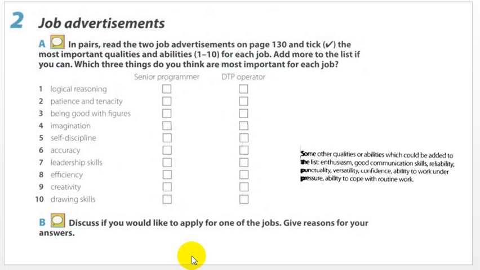Okay. Look at page 130, and apply for one of the jobs and see these qualities that are written here if you have them. Okay,